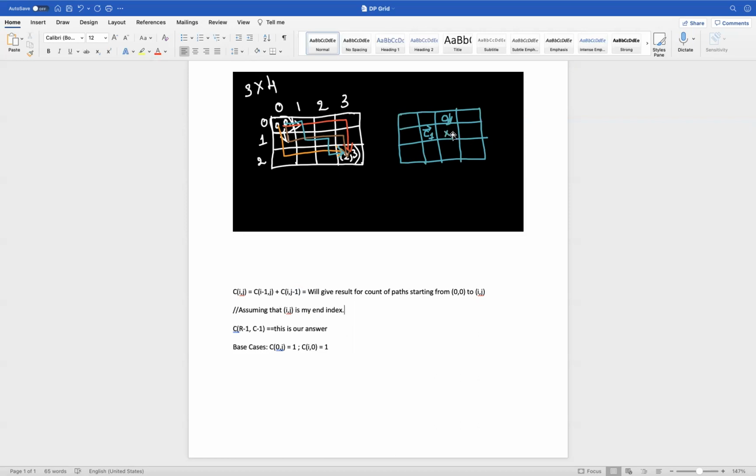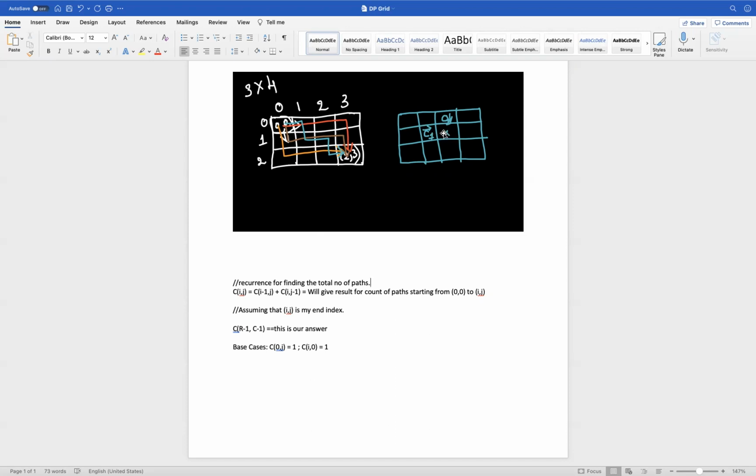I just want to formulate a recurrence for finding the total number of paths, assuming that i,j is my destination and my start index is at 0,0.